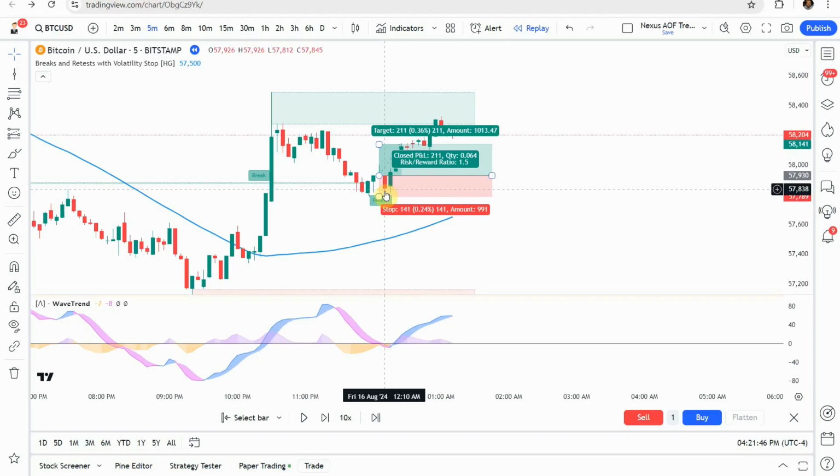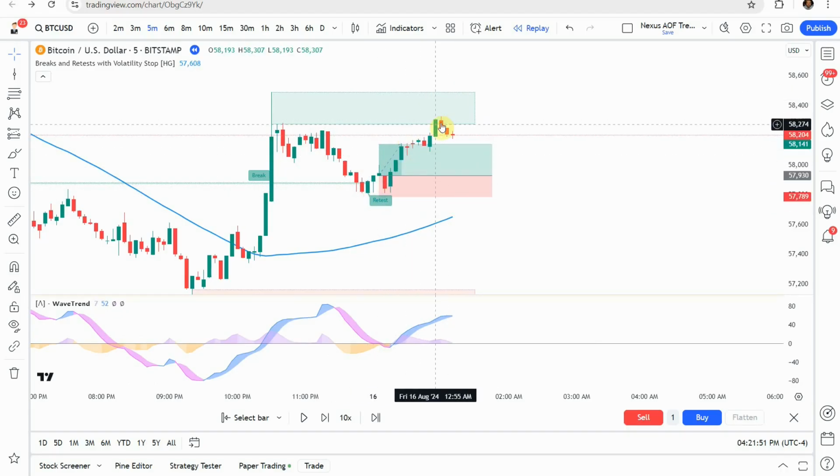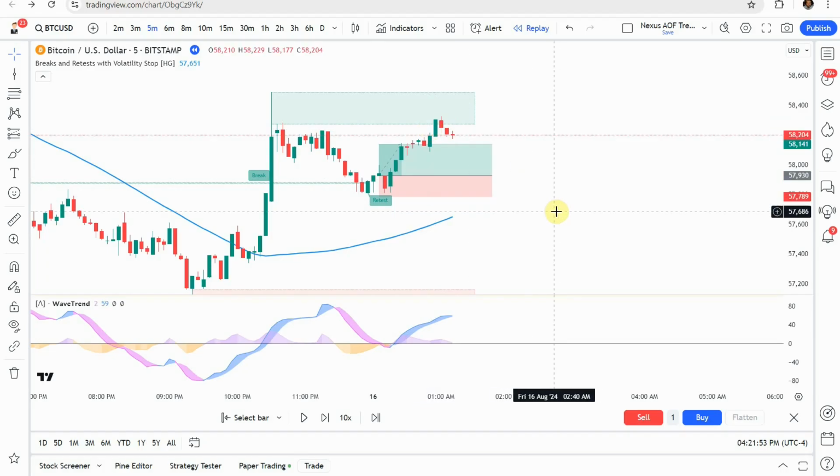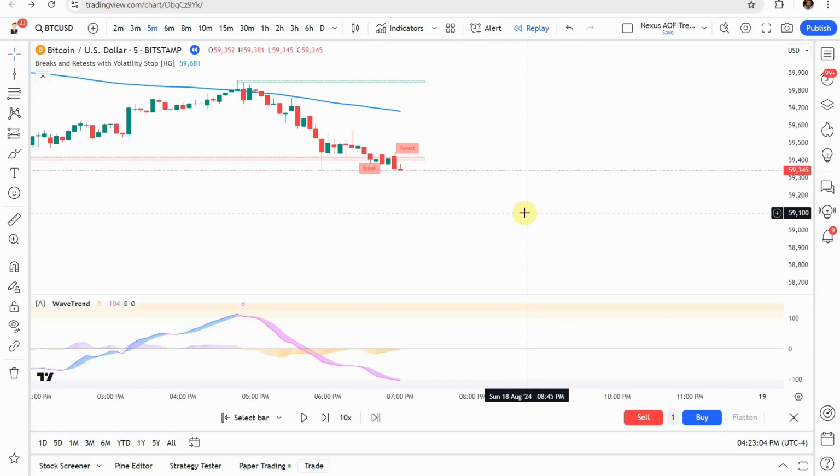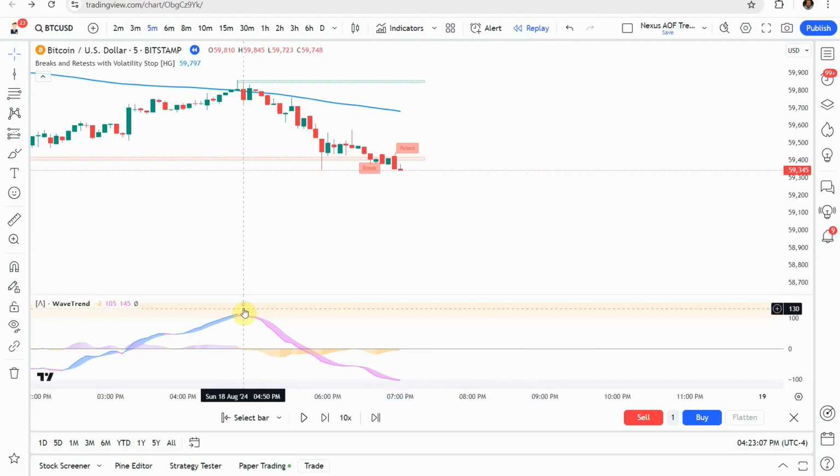See, price dips for just a candle and then immediately makes a spike up, getting us to our take profit relatively quickly. And for a short trade, what we are looking for is a dot to